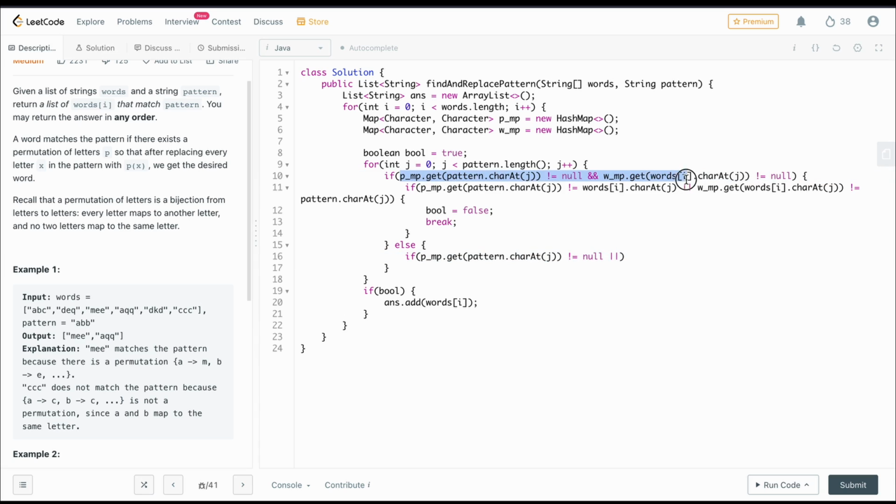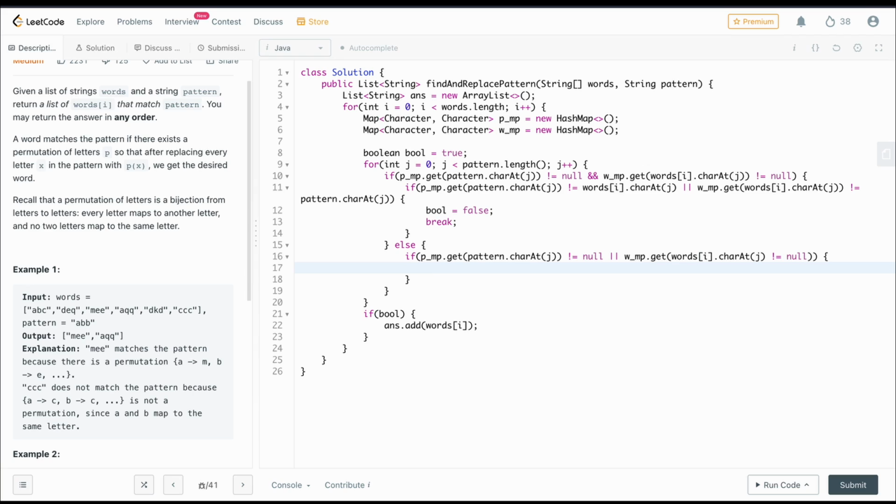First we checked and, which means we assigned characters to both characters we are at now, and here we are checking whether any one of the characters is assigned and the other is not, in which case this is also not our answer. Similarly we check in the word map, wordMap.get(words[i].charAt(j)) not equal to null; in this case also we break out of the loop, as this is not our answer. Break.